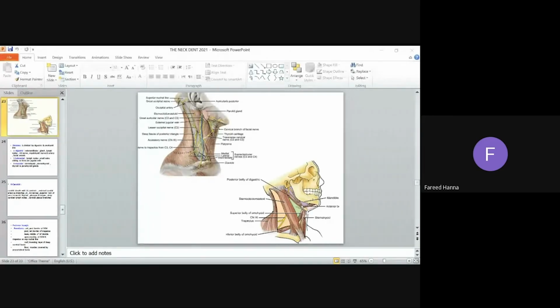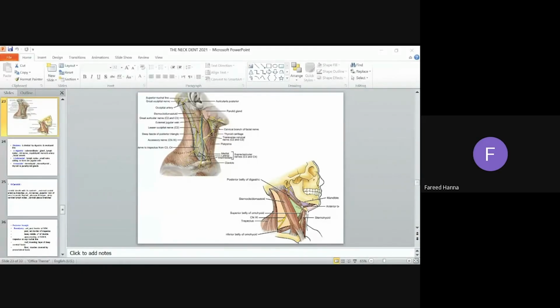of digastric, covered with the skin, superficial fascia containing the platysma, and the deep fascia. This triangle contains the submandibular salivary gland, facial vessels, submandibular lymph nodes, and the cervical branch of the facial nerve within this triangle. Next, we have the submental triangle, bounded by the anterior median line, the anterior belly of digastric, and the